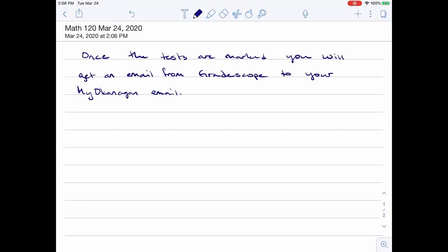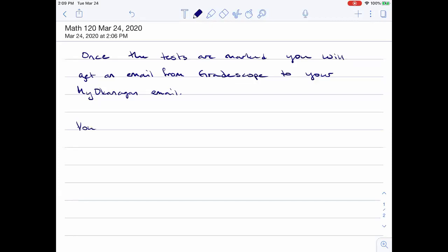Okay. But otherwise, I'll just kind of keep going here. So once the tests are marked, you will get an email from Gradescope, and it'll go to your My Okanagan email, just because that's how it'll be set up. And we'll also do a bonus assignment. As you noticed, scanning and uploading and sending stuff to me takes practice, right? So because we want to use Gradescope for the rest of the things that you have to submit, just so you can show me your work,